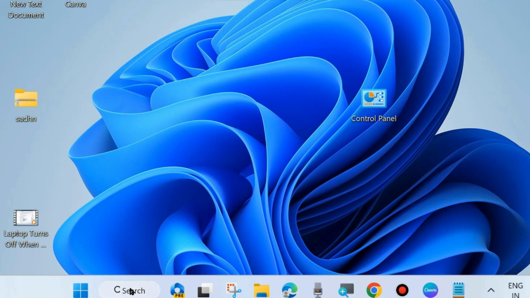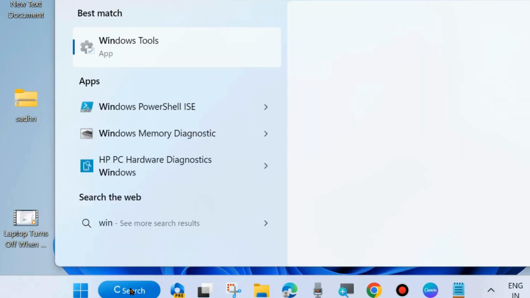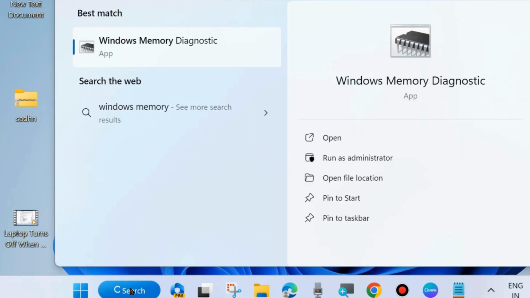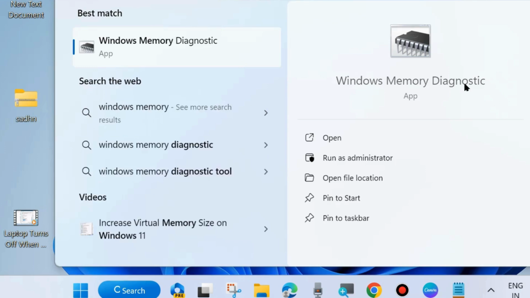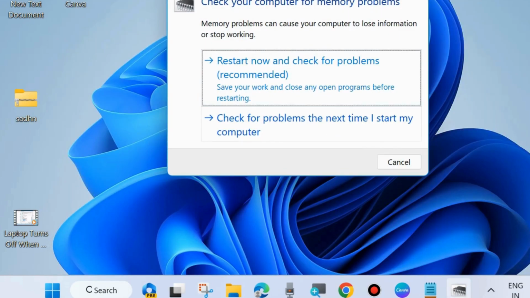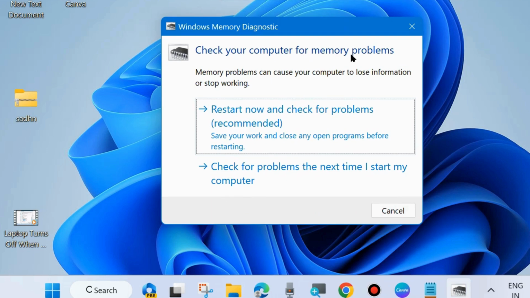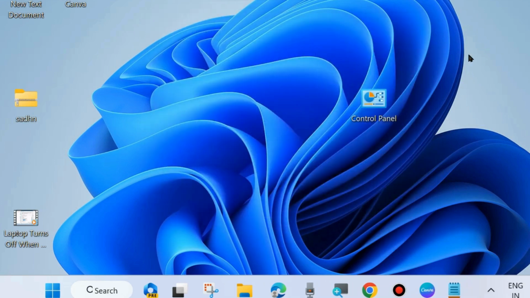If not, one more fix is go to Windows memory diagnostic tool, type Windows memory diagnostic and open this tool. It will clear all your Windows memory related issues. Check your computer for memory problems. Choose restart now and check for problems, recommended, and follow the on screen instructions to complete the process. Your problem is